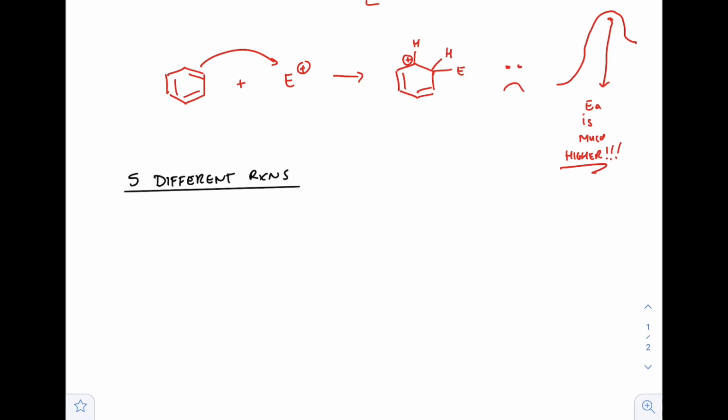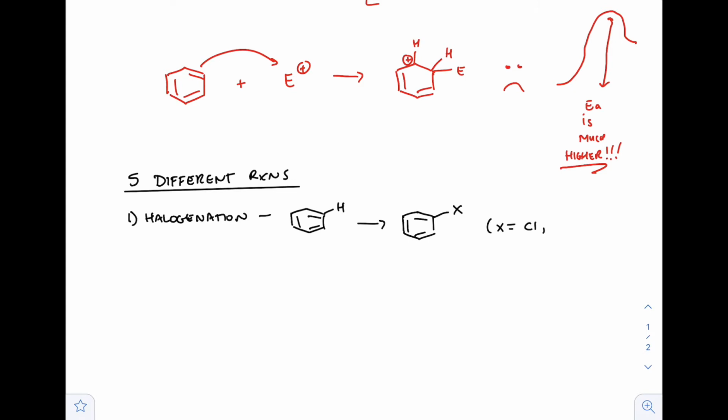In fact, the carbon with the new electrophile on it in the intermediate is actually sp3 hybridized. So there's not even resonance stabilization that can occur. There is with the cation and the other two pi bonds, though. Okay, but that's neither here nor there. We can continue on with a description of the more or less five different, I'll give you an extra one, but five different reactions